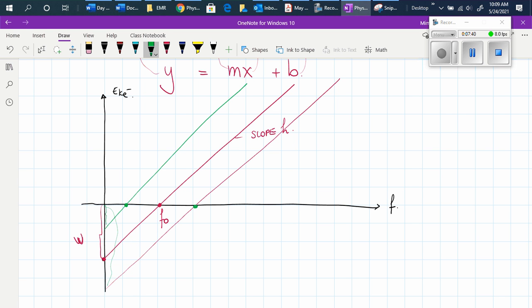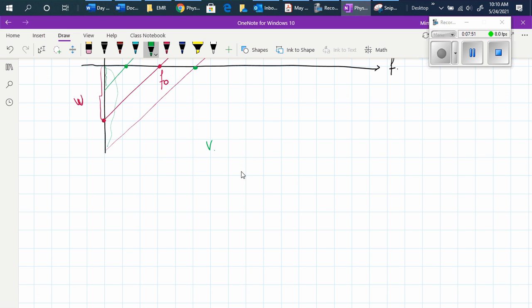Okay, so let's see another example now. If the stopping voltage in a certain photoelectric effect is 12 volts, and the incident wavelength of light is 100 nanometers, what is the work function of this metal? Okay, so now,